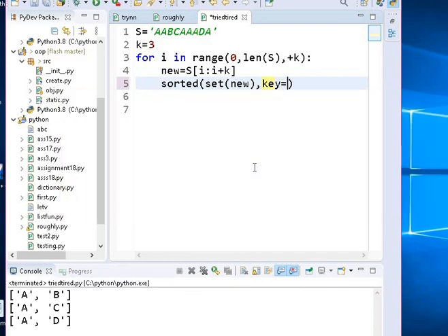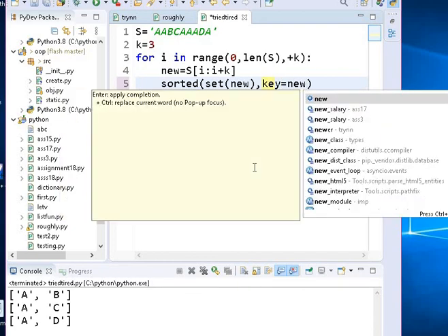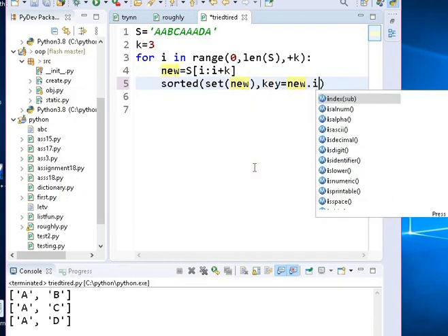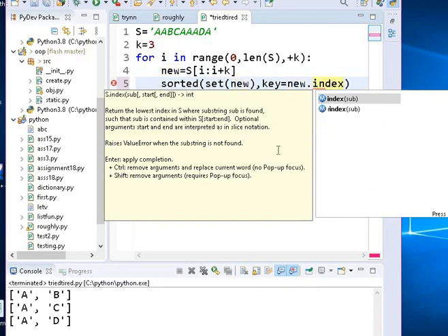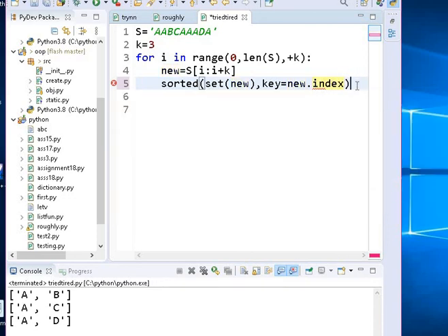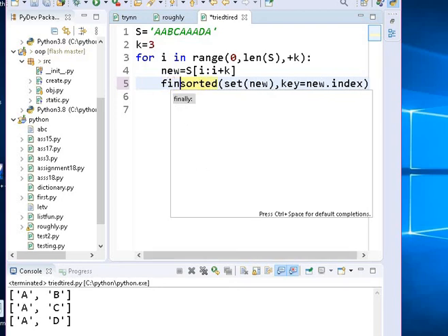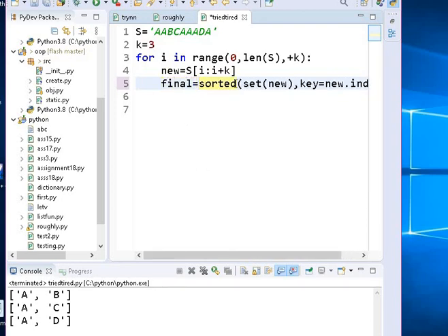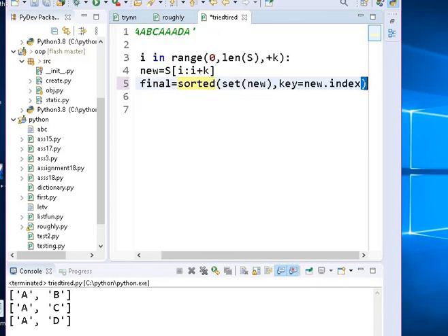Equal to new dot index. You got it. What can we do with this one? We can store it somewhere. We can call it final. This is the final thing we want. We have achieved our maximum level of final state.